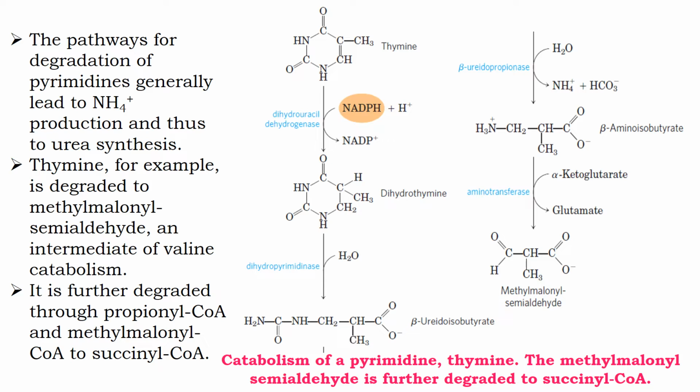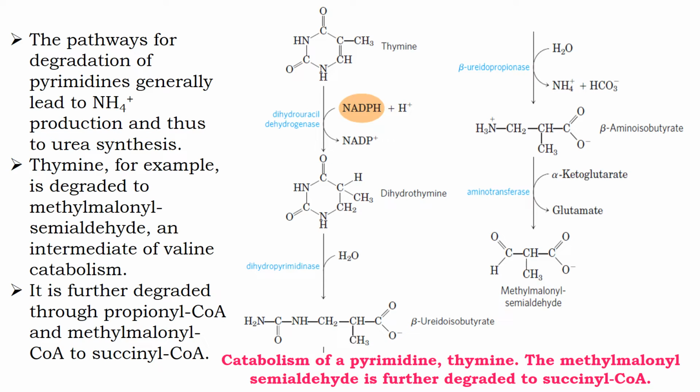ureidoisobutyrate. Now what happens? This can be done by the enzyme called dihydropyrimidinase. Dihydropyrimidinase is an enzyme which can break the cyclic form of this dihydrothiamine into beta ureidoisobutyrate. Now this beta ureidoisobutyrate can be converted into beta amino isobutyrate. So what's happening here? We are losing this ammonia in the form of NH4 plus ammonium ions. So this can be converted into urea in the urea cycle,